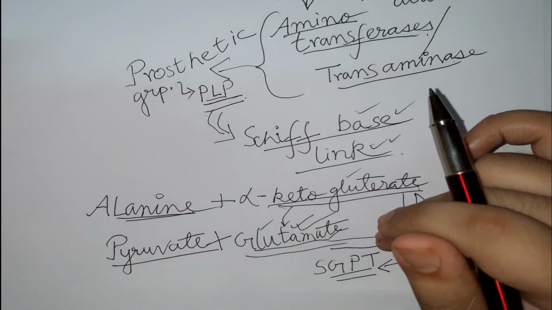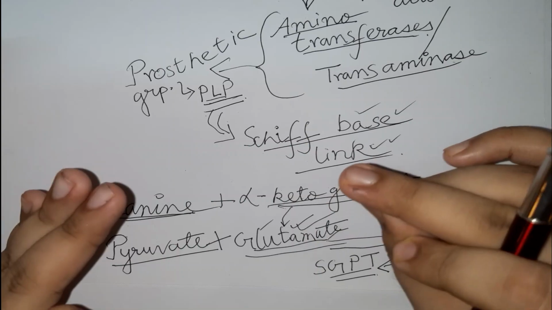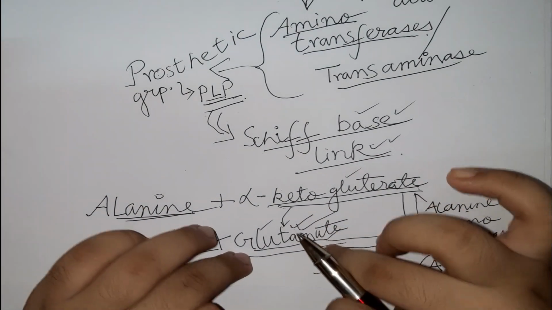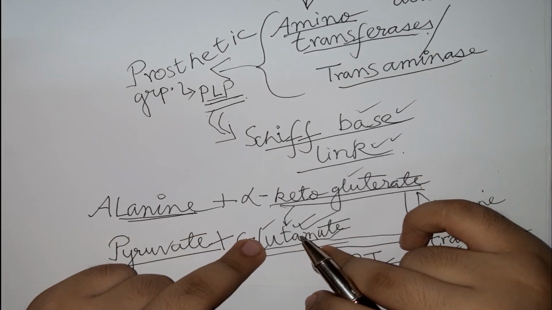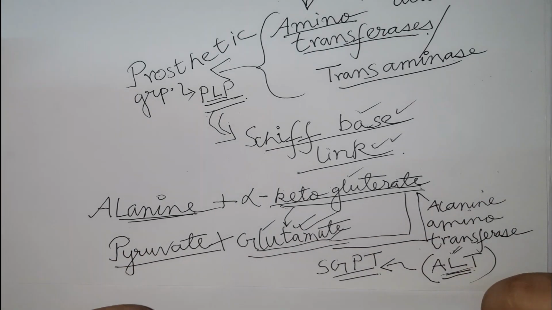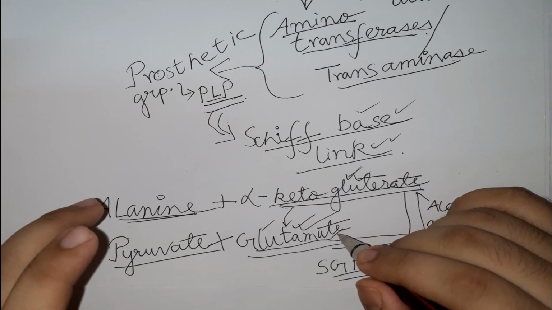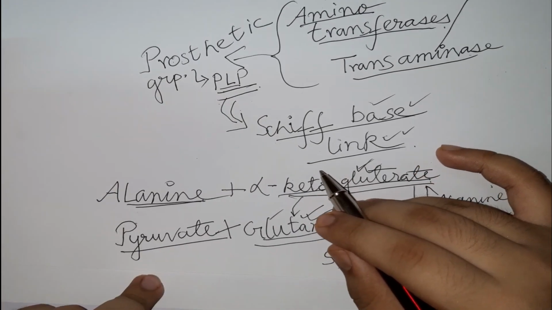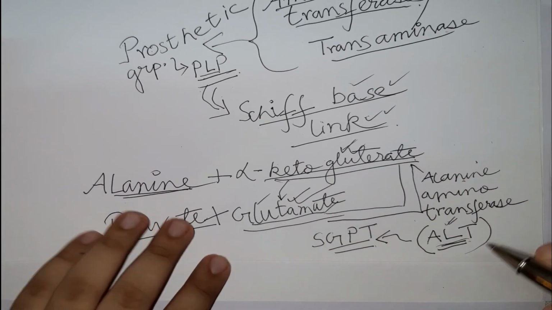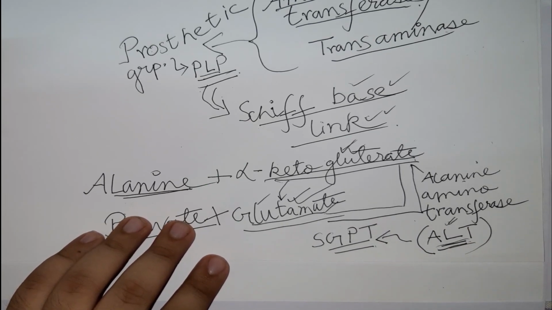Like I said a few minutes earlier, most transamination reactions use alpha ketoglutarate and glutamate. That is why glutamate is such an important amino acid. Most transamination reactions take place like this. So we will obviously remember these two. But what happens to alanine and pyruvate? We have to remember these two also. For remembering them, I implore you to please remember ALT and SGPT, these two abbreviations, because